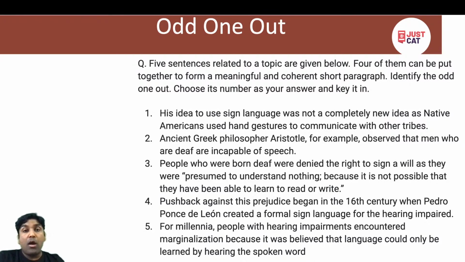The people who are born deaf were denied the right to sign a will, as they were presumed to understand nothing, because it is not possible that they have been able to learn to read or to write. Here the idea comes that